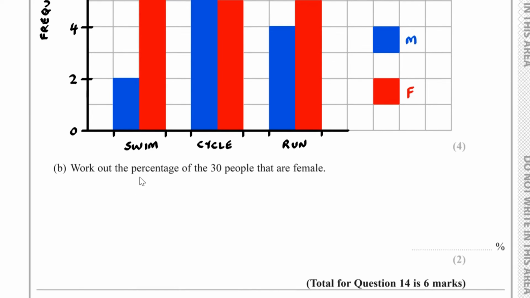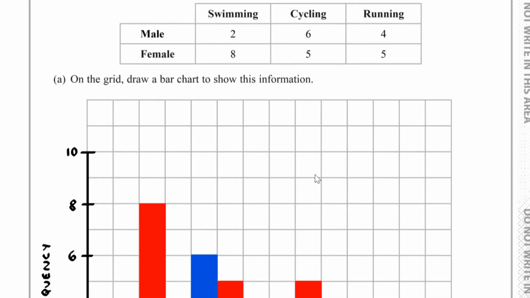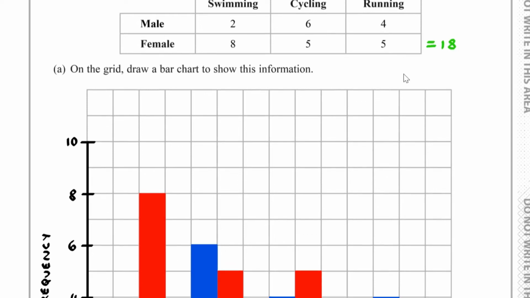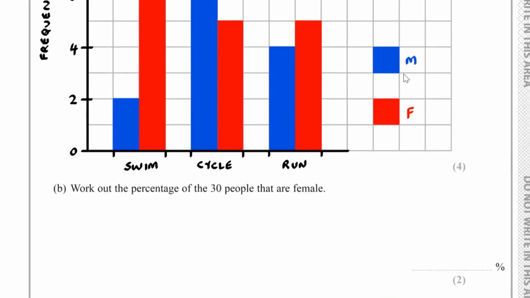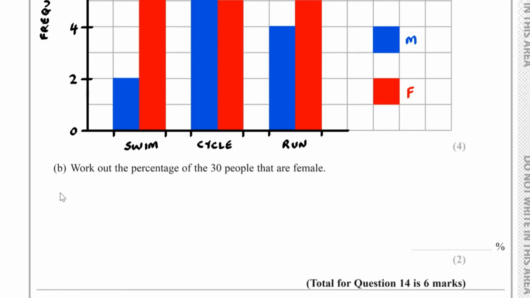Then for part B, we have to work out the percentage of the 30 people that are female. Well, how many females do we have? We've got 8 plus 5 plus 5, so that's 18. So we've got 18 females in total. So our percentage will be 18 out of 30